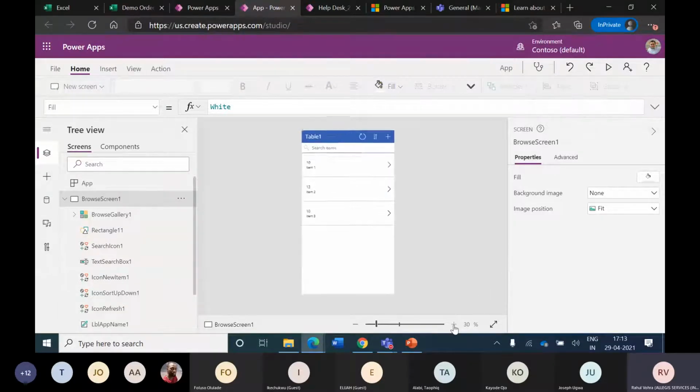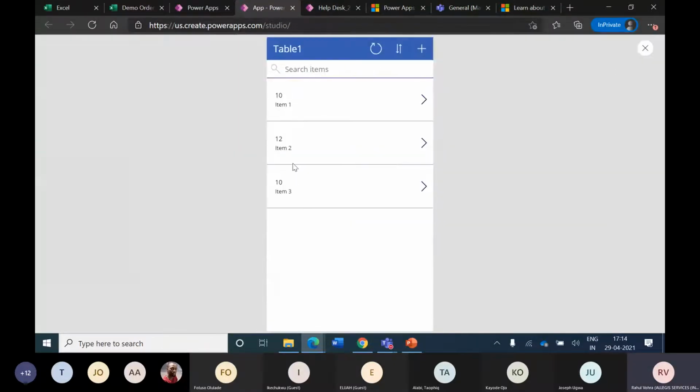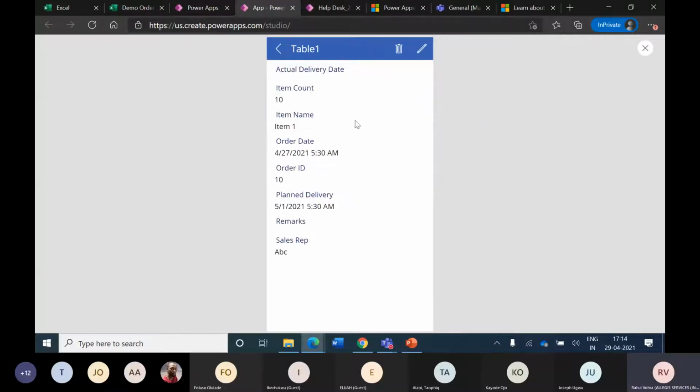Just like the earlier one, it has created this app. And if I click on the preview button, I get to see these options, these screens. The first one is where I am seeing a list of items which are there in my table. It's a list view. Clicking on this arrow mark would take me to a view screen where I'm seeing all the attributes of that selected item. And then I have two options available on this form. One is to delete and the other is to edit this item.